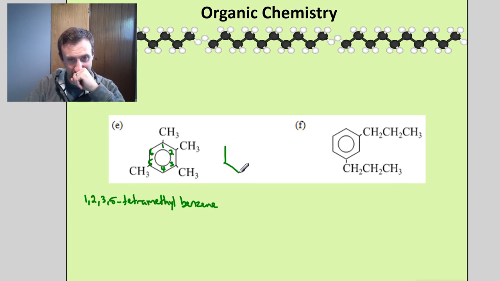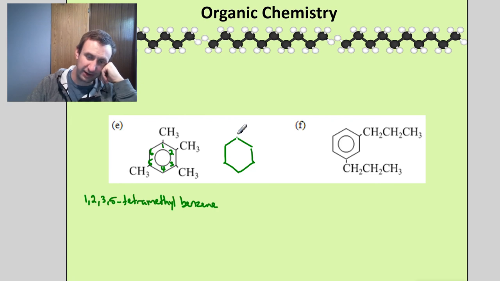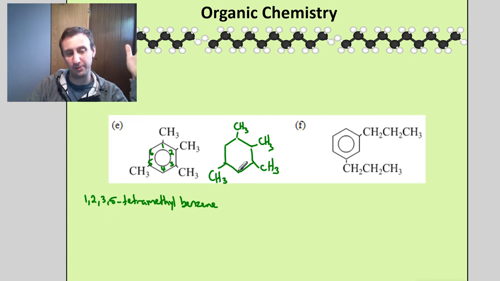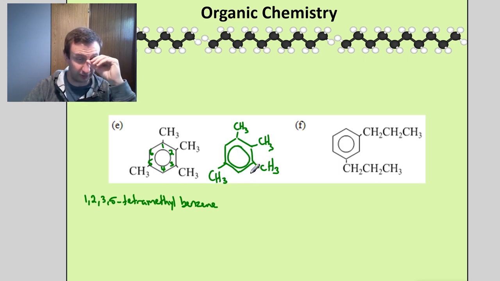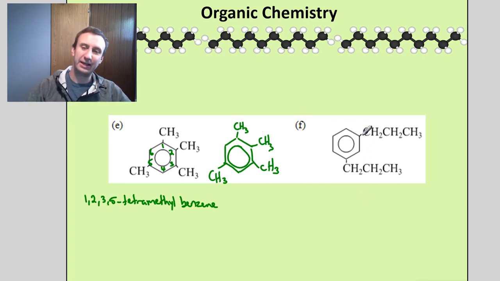You're going to see examples coming up where it's just a cyclohexane and it's trying to trick you. You're trying to figure out how to do this, and then you accidentally give it the name of benzene. This is not benzene. This is cyclohexane. It would be 1,2,3,5-tetramethylcyclohexane. As soon as I put the ring in there representing the 3 double bonds, the benzene resonance structure, now it's benzene. This one, I can actually use my OMP kind of naming for.